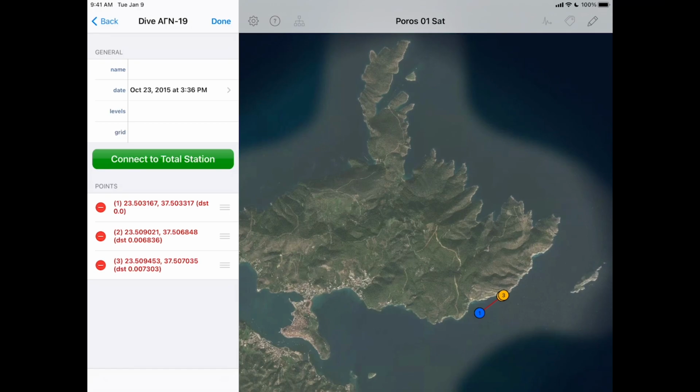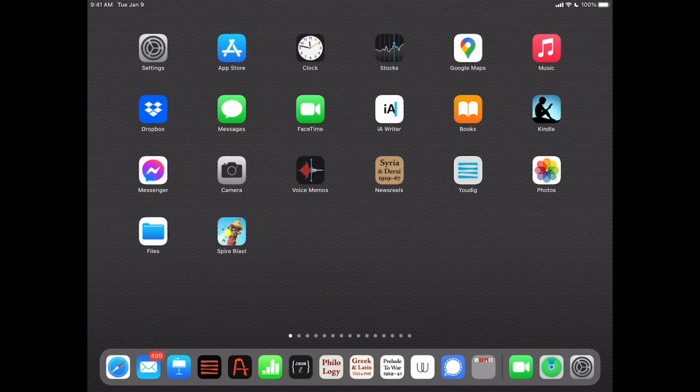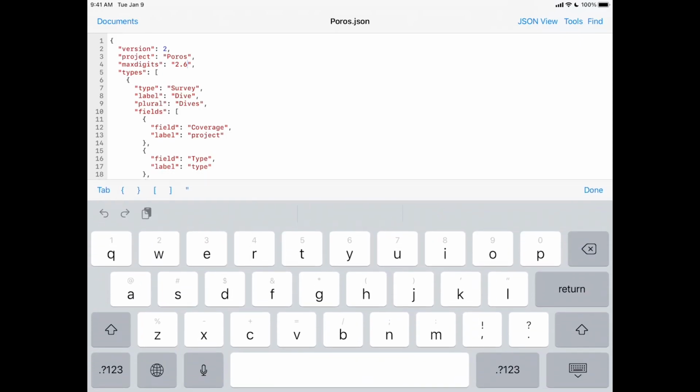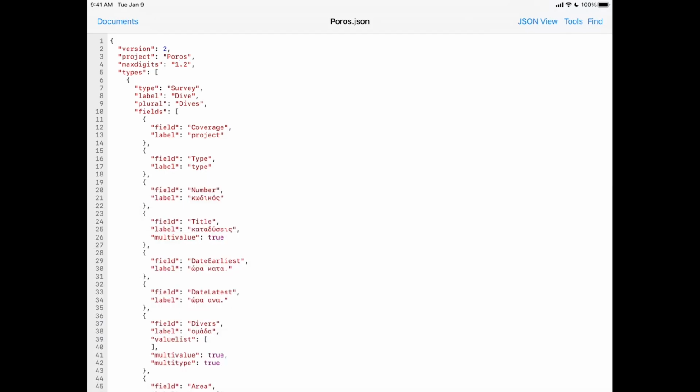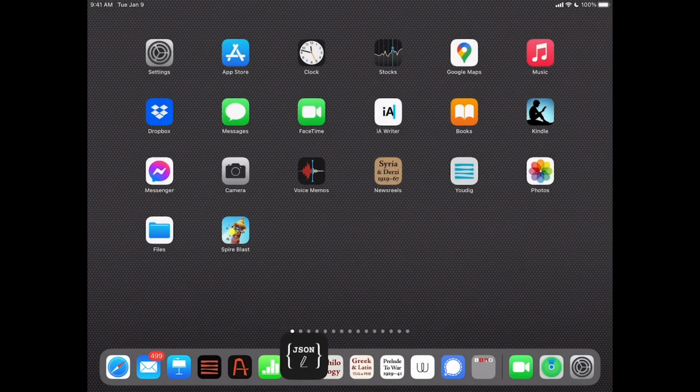Sometimes you deal with coordinate systems like eggs and things like that where it'll be in meters and your first number might be something like 5, 1, 2, 3, 6, 4. You might have 10 digits before the decimal place. When you're on the excavation, you're only concerned, say, with the last few that actually represent the meters in the area you're digging. So the max digits allows me to go in and say, well, for this excavation, let's say we only want 2 digits after the decimal place, and we only want 1 digit to show before the decimal place. Now if I save this, go back to iDig,